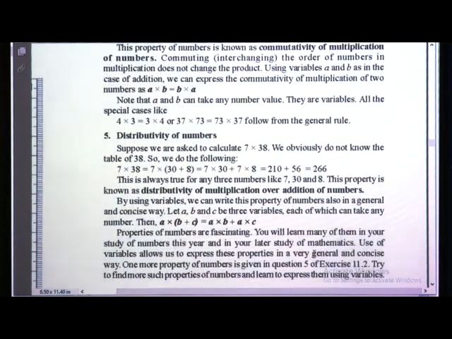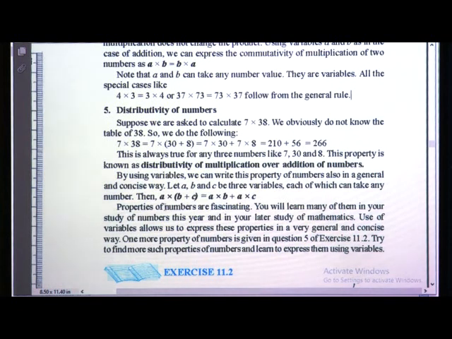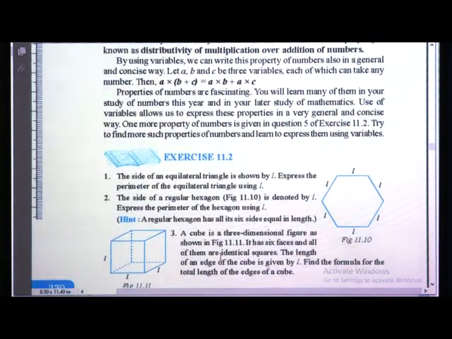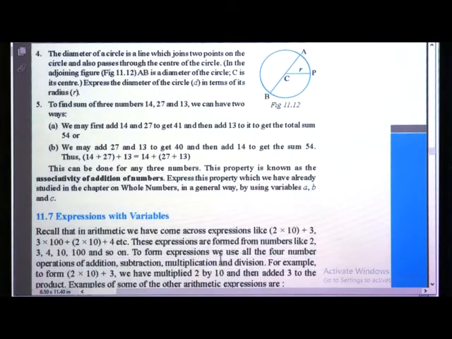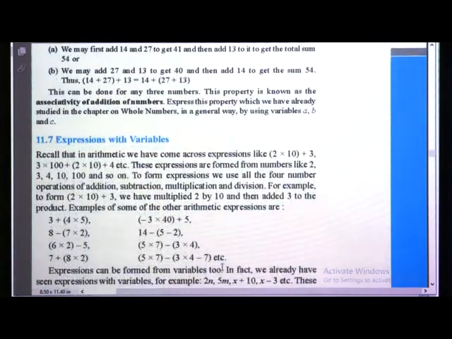Then we have seen the distributivity of numbers, where a into (b plus c) is equal to a into b plus a into c. So, a, b, c are 3 variables here, b plus c is given in the bracket, and a is multiplied by the variable b first, and then a is multiplied by the variable c. This comes under the distributivity of numbers. By using this property, we have solved a few examples from exercise 11.2. Now, let us move towards the next concept,